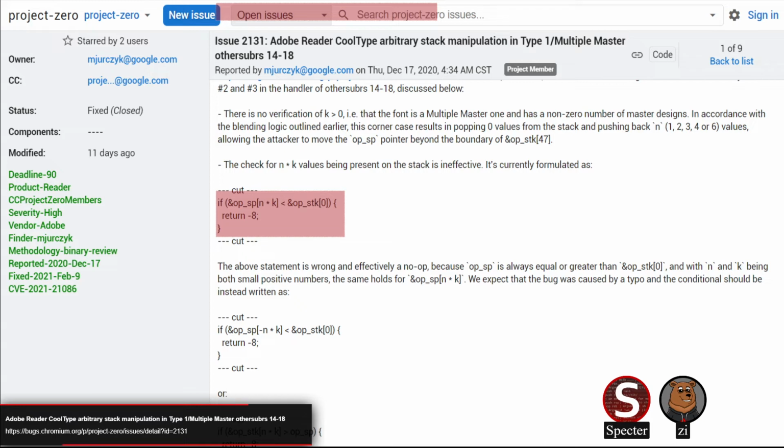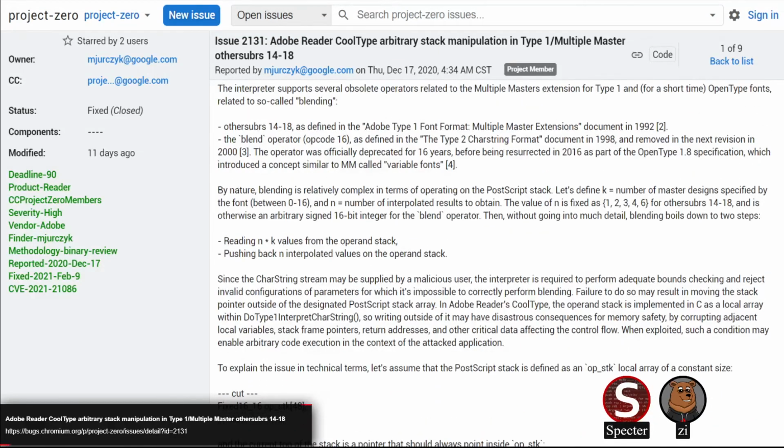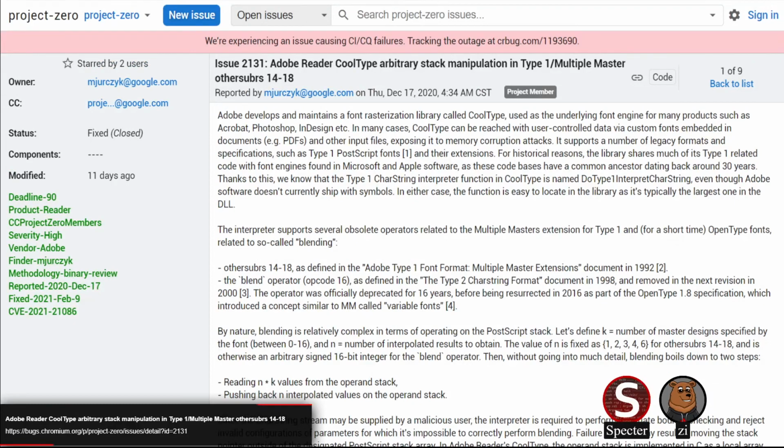So it's just a broken check. What they should have checked is if a negated n times k is lower than the stack array. It's suspected they just forgot the negative. It was a very easy mistake to make with how they're doing the arithmetic. So both of these bugs, through different paths, can allow out of bounds access.